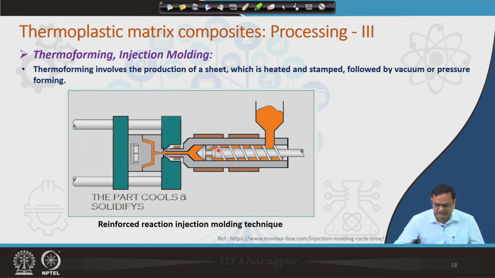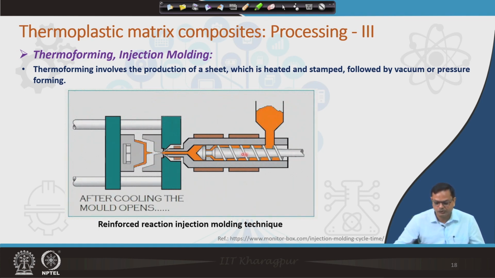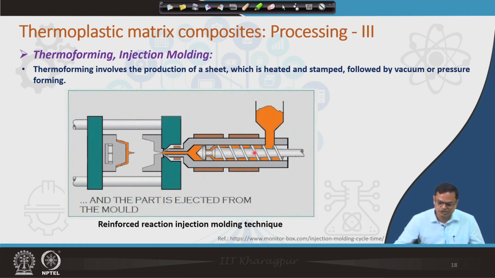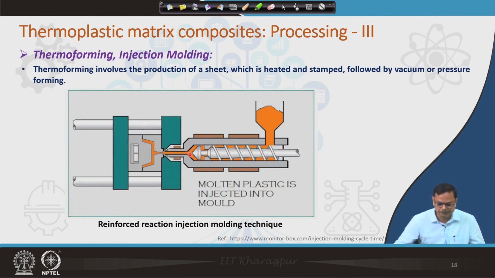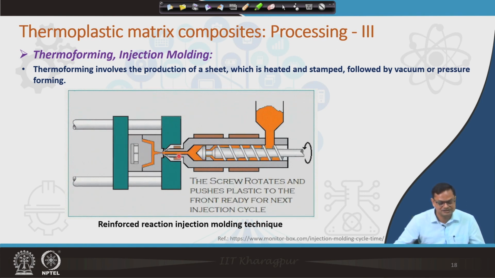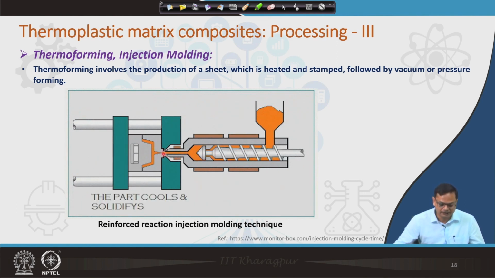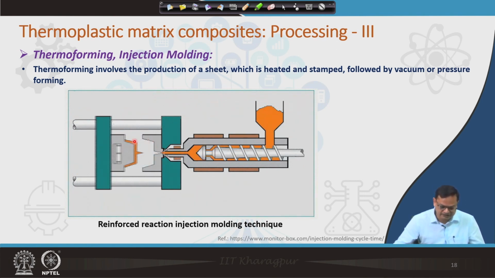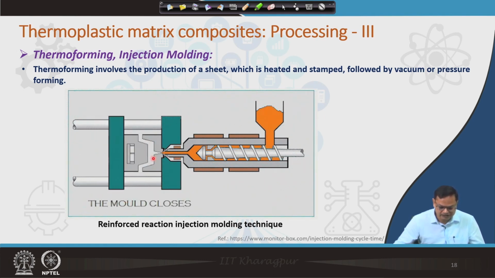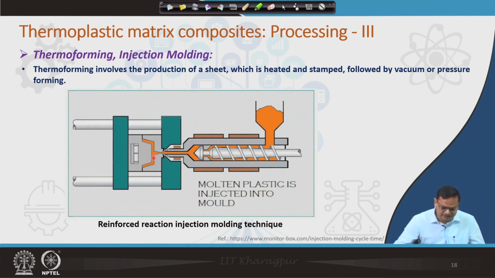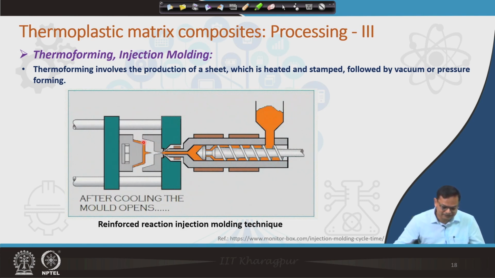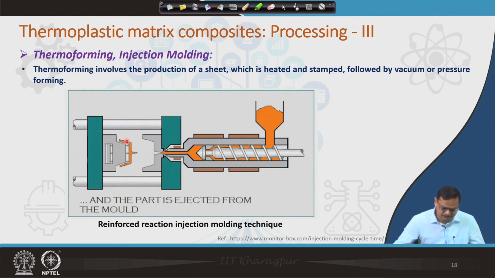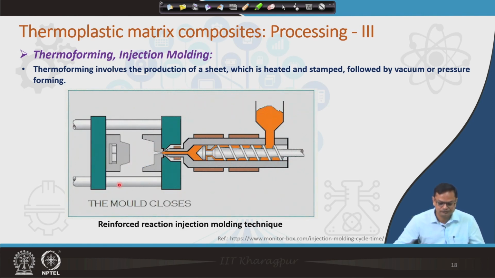You can see there is a ram, or basically a piston, which pushes the thermoplastic material which is in a molten or semi molten, viscous state, okay, and then it infiltrates here. You can see here how the product comes out. Again, the preform has not been shown here, but the preform is getting infiltrated, and then once it gets solidified it comes out. That is the